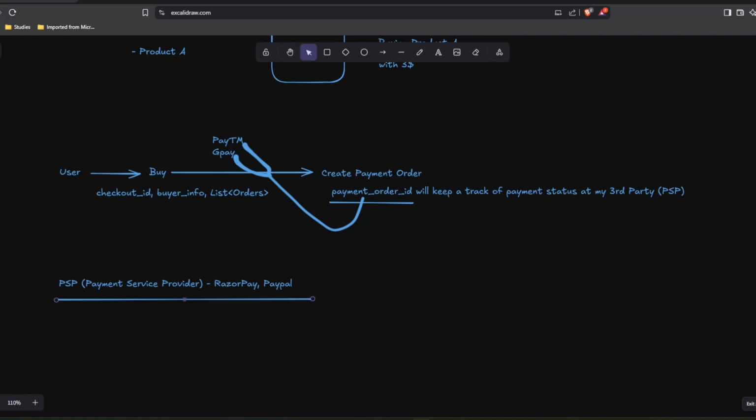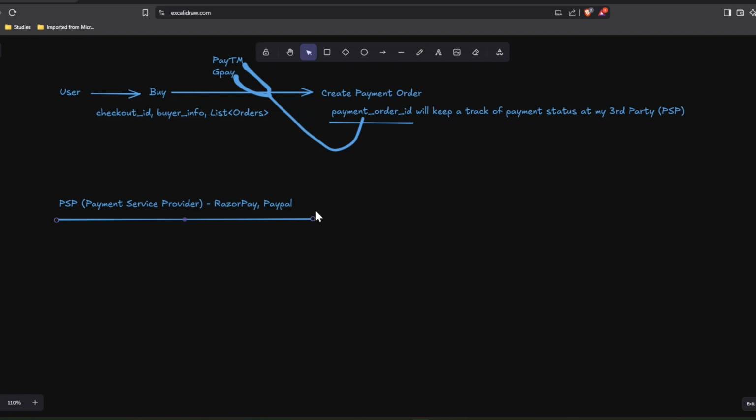All right. Now suppose there is a payment service provider. It will map this payment order ID, and it will also send you a confirmation whether our order was successful or not. Then it will process the transaction, and it is the responsibility of the PSP that, suppose a buyer buys something. I will just try to box this out. The buyer will talk to the PSP, and this PSP, the payment service provider, then on success,